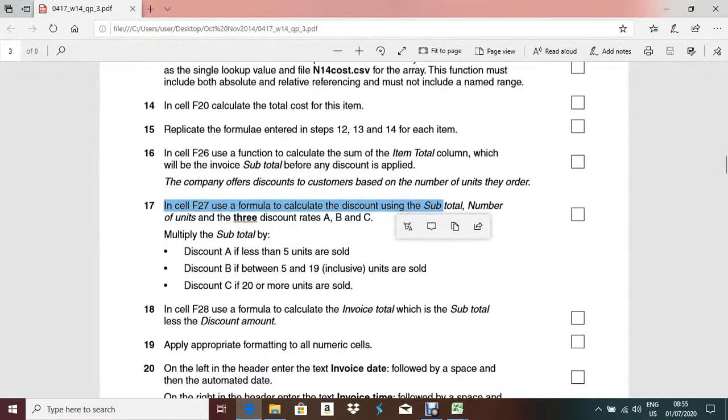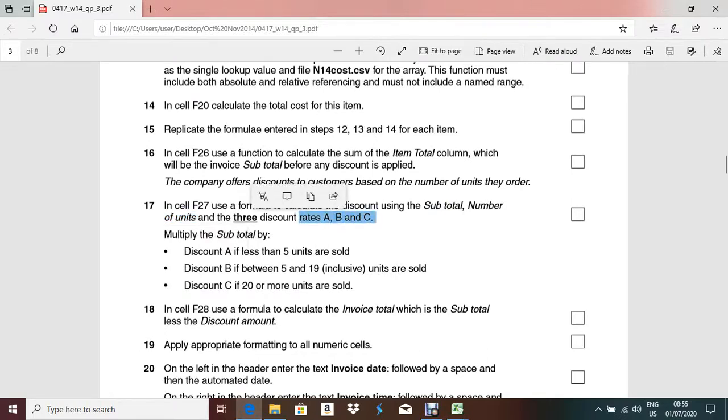Multiply the subtotal by discount A if less than 5 units are sold. They mention here you can use the subtotal, number of units, and the 3 discount rates. You can use these 3 things for writing the formula.